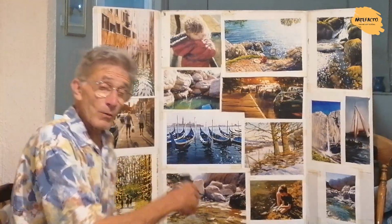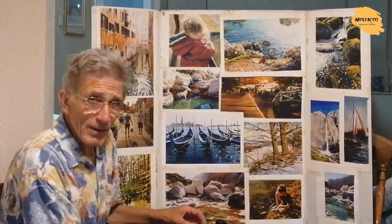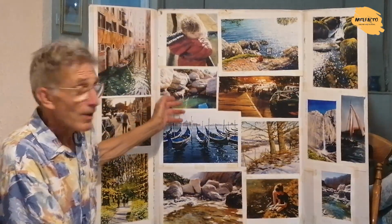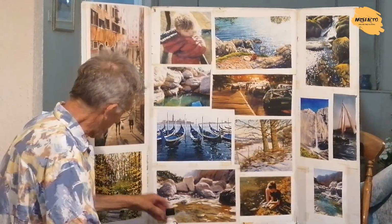And I'll also choose a paper that's fairly white. This is on Arches 300 pounds rough. The whitest paper I use at the moment is Fabriano Artistico. I use quite a bit of that. So the first technique,